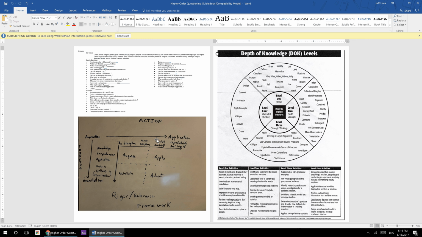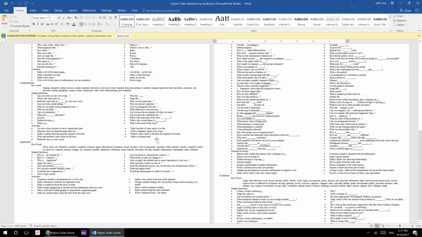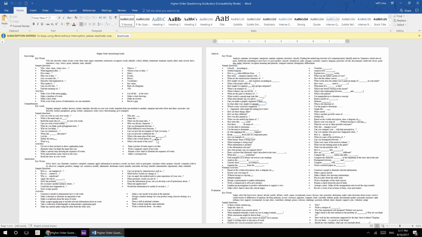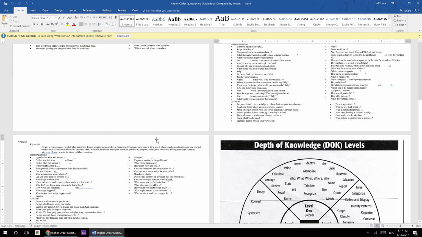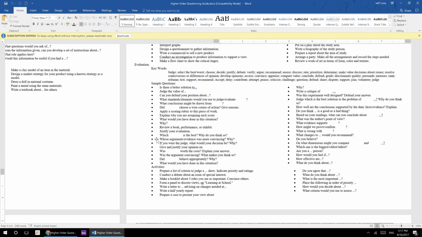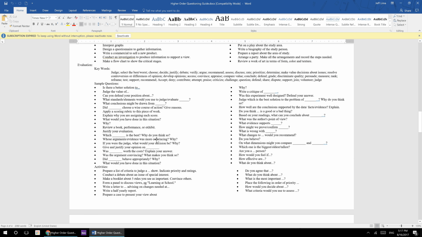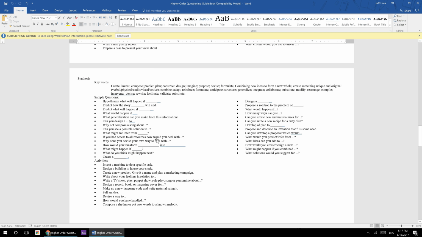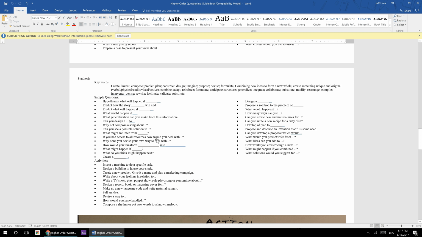I mentioned a little bit about the fact that computers can do knowledge and comprehension, but computers can solve problems too, which is application, and can definitely analyze data for you. They can even evaluate data and decide what's more important. For example, when you ask a question to a computer, you can use algorithms to decide what is the most likely answer that you're looking for. That's how Google decides to do search, so that it knows what search items are more relevant to you. And computers are even doing synthesis nowadays. They can compose music, they can write poetry. That means that the jobs of the future are limited to the extent that computers can replace it.